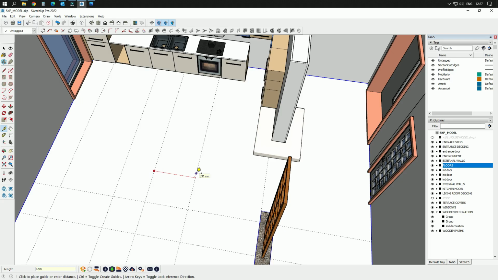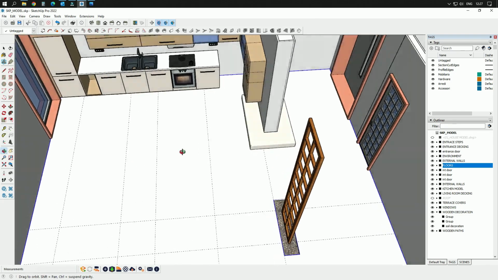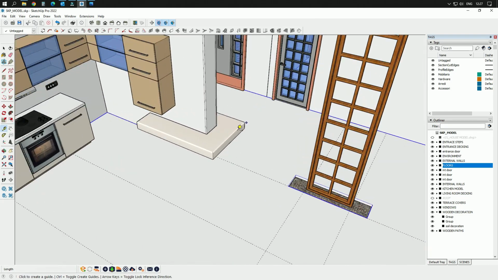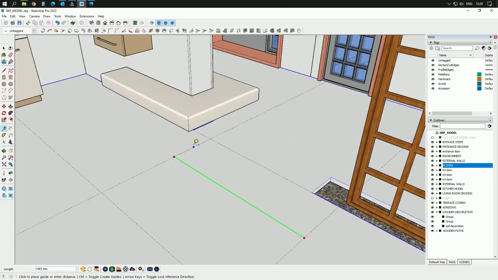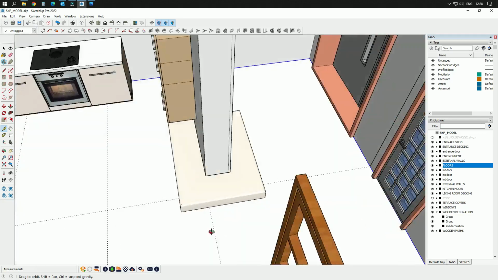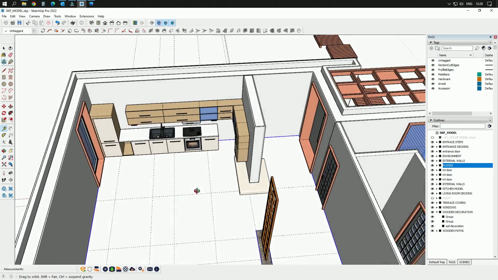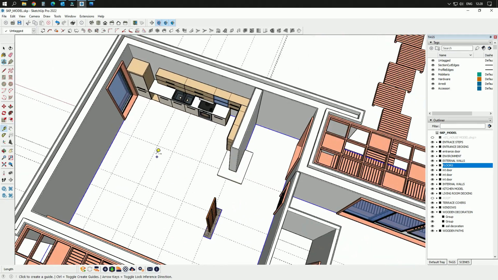Here will be the same, and I will have this reference line here, so I will put 500 millimeters up to this point here,